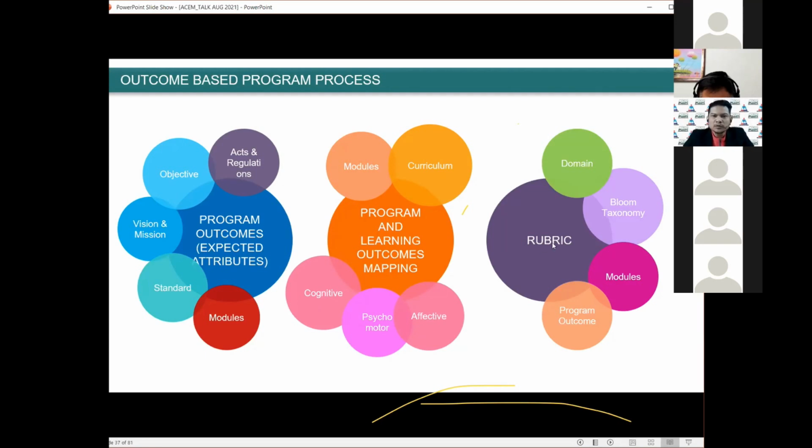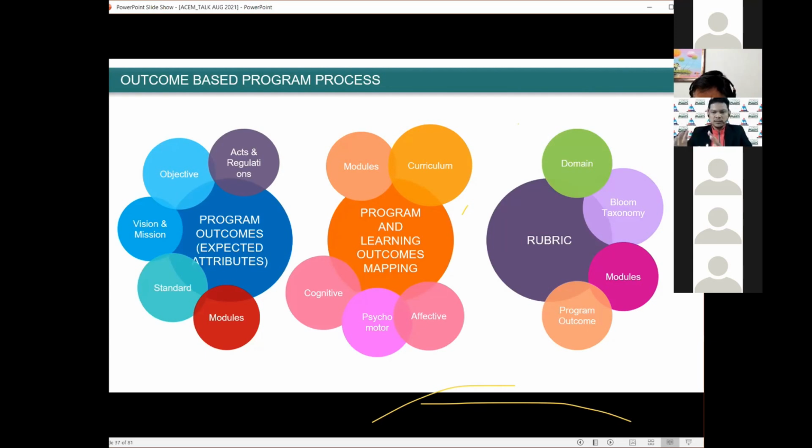And thirdly, we prepare the rubric for the assessment, where we put the domain taxonomy Bloom as well. The modules and the program outcome become the structure or the skeleton of the program, where we want you to attain this competency. You need to show these attributes, a lot of attributes, and you need to demonstrate that you are eligible and that you understand the attributes very well.